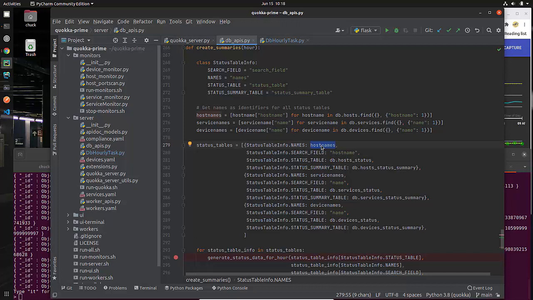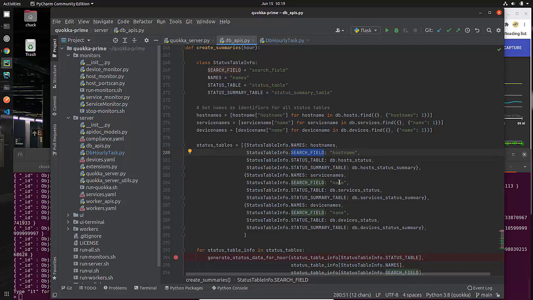That's why I need to know the host names and the service names and the device names for them. The search field, you'll notice, and this is a problem, I probably should have named it something different. If I had named my host name in my host database just name, then it would have matched what I had in services and devices.